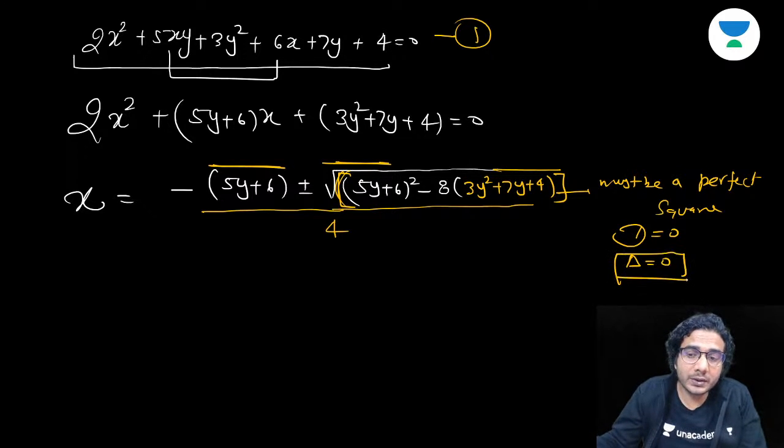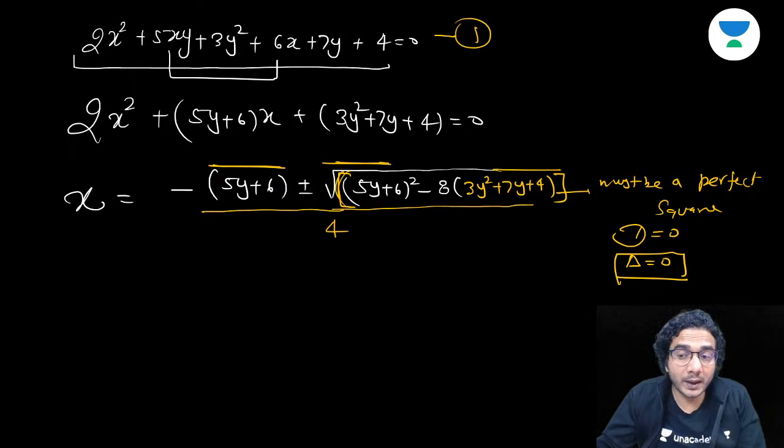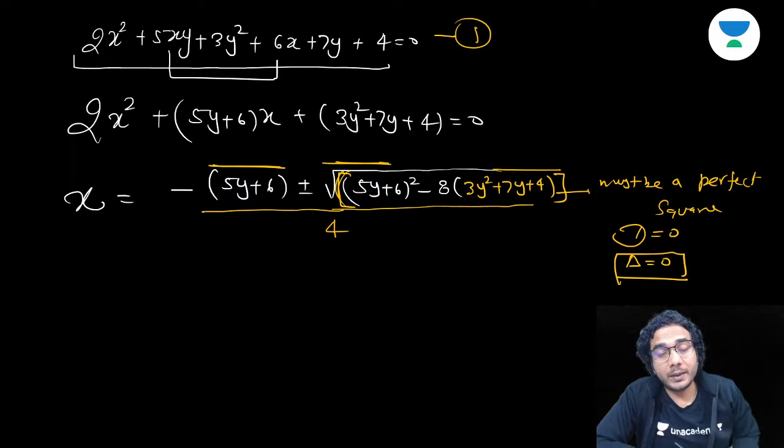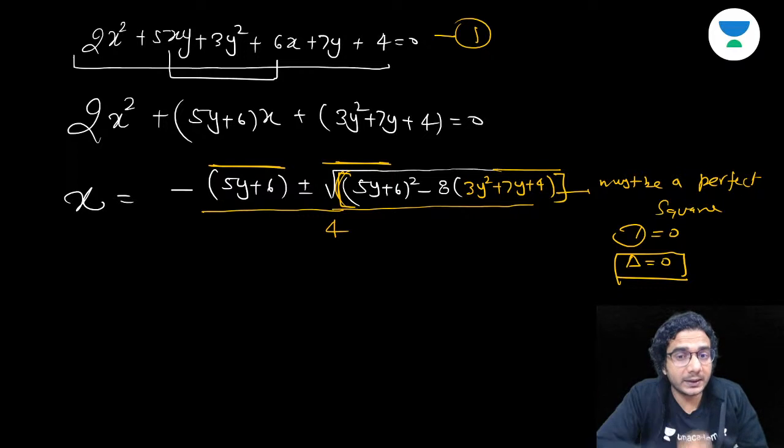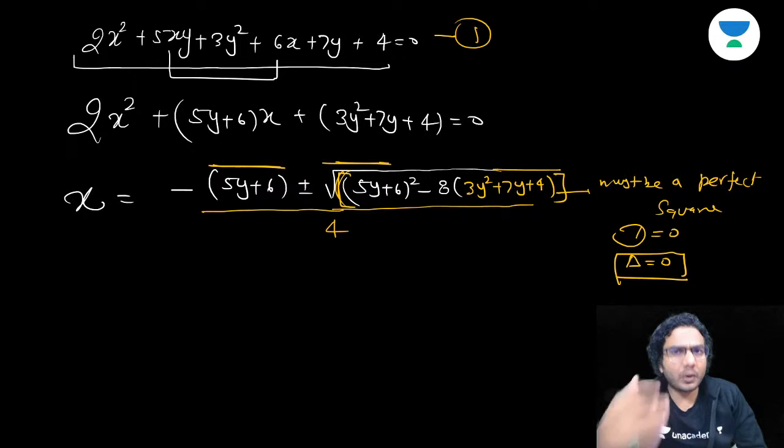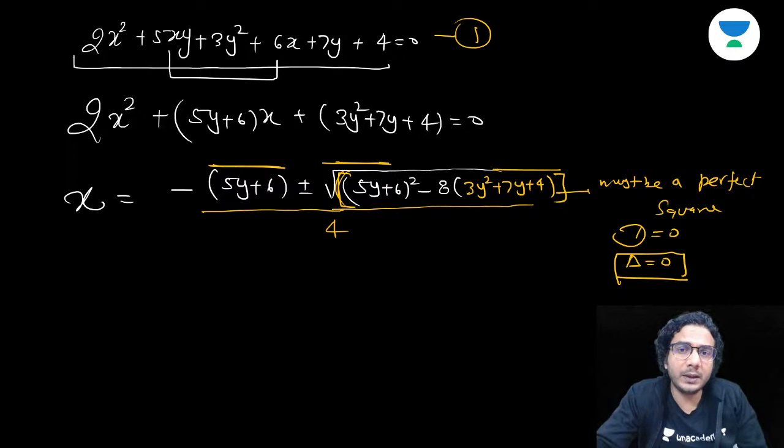When you write the general equation, you will apply the condition that delta should be 0 to make it a perfect square, and that delta is basically ABC plus 2HGF minus AF square minus BG square minus CH square is equal to 0. That delta is basically the discriminant of this quadratic. In this case, it will automatically be a perfect square. Why? Because it is already representing a straight line. So you don't need to do anything. This will be a quadratic which will represent a pair of straight lines. Otherwise, you are making a mistake.